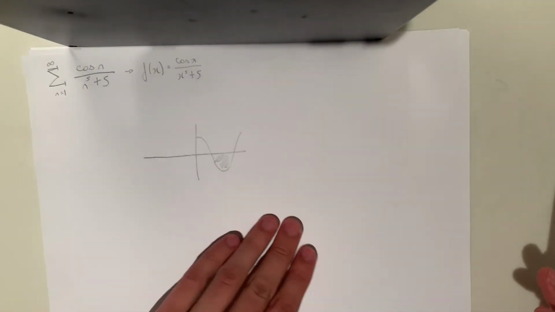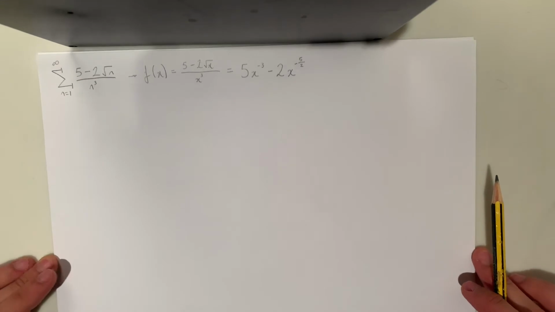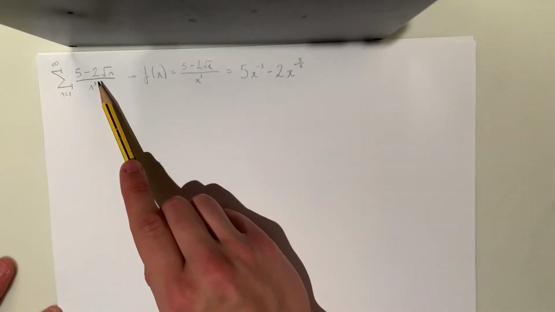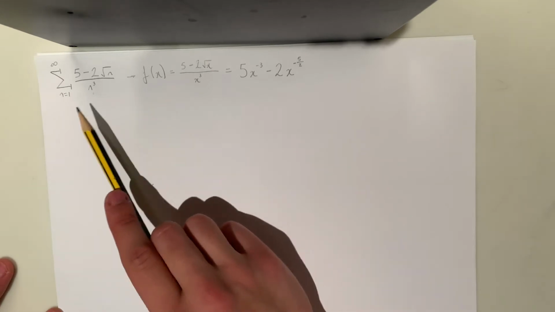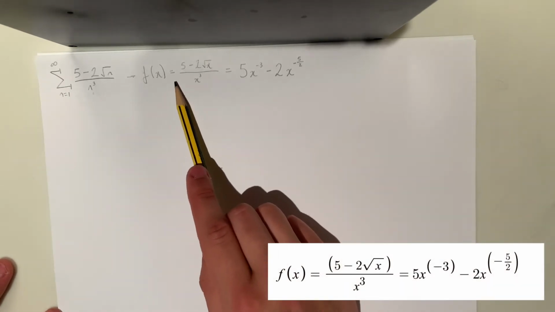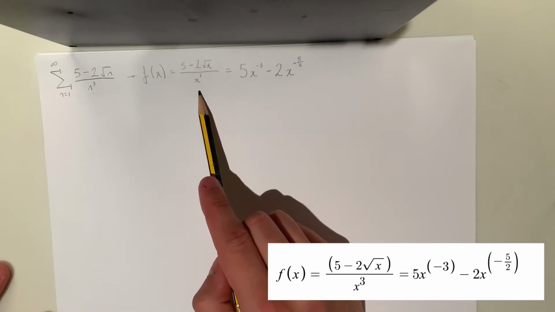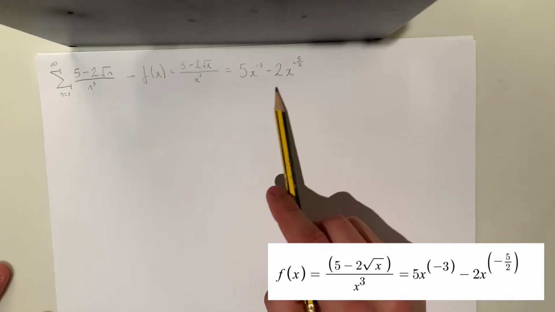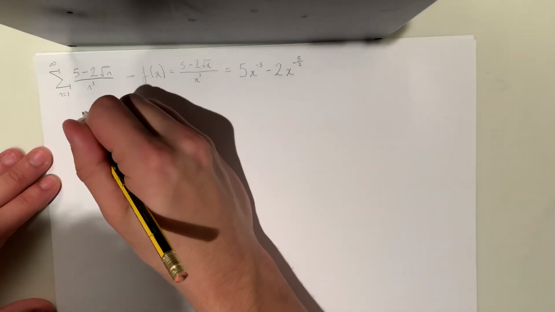Now, let's look at one that does work and what we do. So this series from n equals 1 to infinity of 5 minus 2 root n over n cubed. Does this converge or diverge? Well, it passes all the criteria, so let's convert it to this function. 5 minus 2 root x over x cubed. And here I just simplified it by splitting it up, because we're going to integrate, and it'll be easier to integrate this way. So let's integrate this function f of x